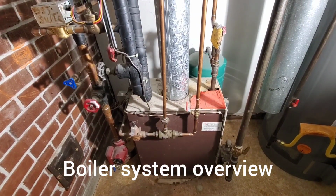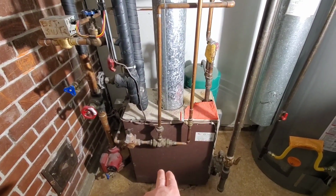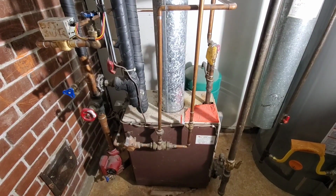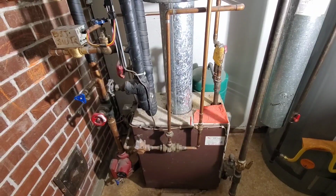Guys, this is your quick tip of the week. So what we see here is a hydronic boiler. This is a hot water boiler for a heating system. This is a hot water tank, a water heater. So what I'm going to quickly do is go over the different parts of a hot water